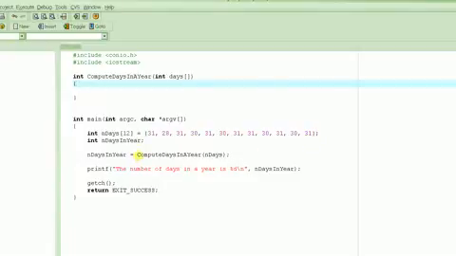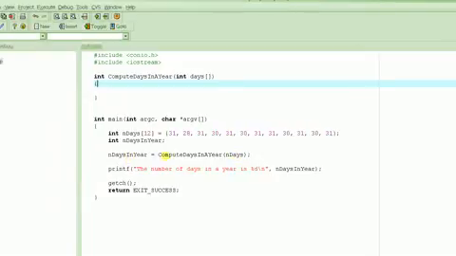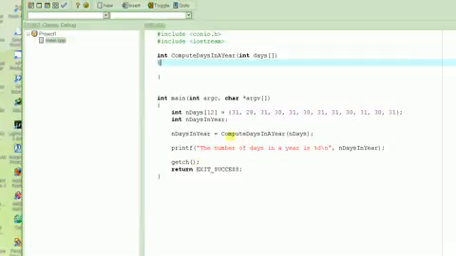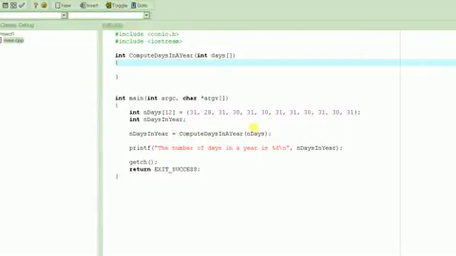Then we are calling a function and passing the array just like that. We are assuming that this function is going to add all these numbers together and return the sum back to the caller, and we are going to capture that sum in this variable n days in year, and then we print this out. So our main function is complete. The only subtask remaining is